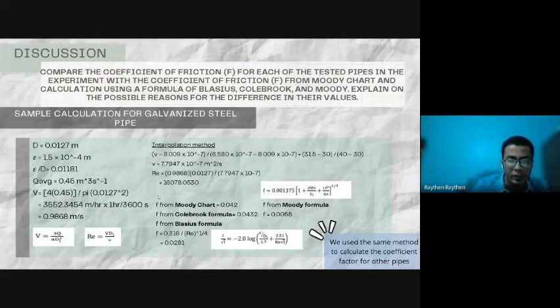And from there, we found the relative Reynolds number, whose formula is velocity times diameter over kinematic viscosity, and we got the answer 16,078.053. So using this Reynolds number, we can find the coefficient of friction. From Moody's chart, we got the coefficient of friction is 0.042, and from the Colebrook formula,